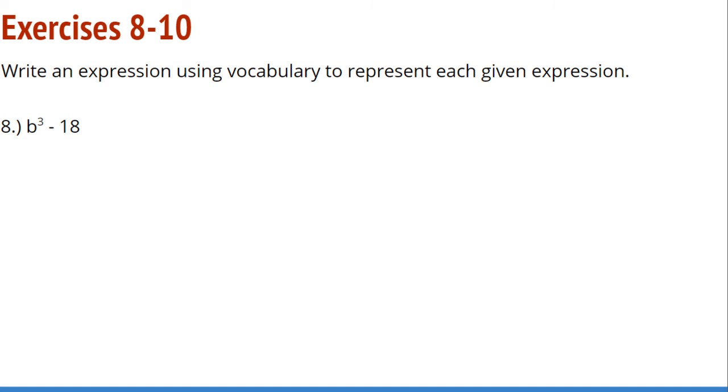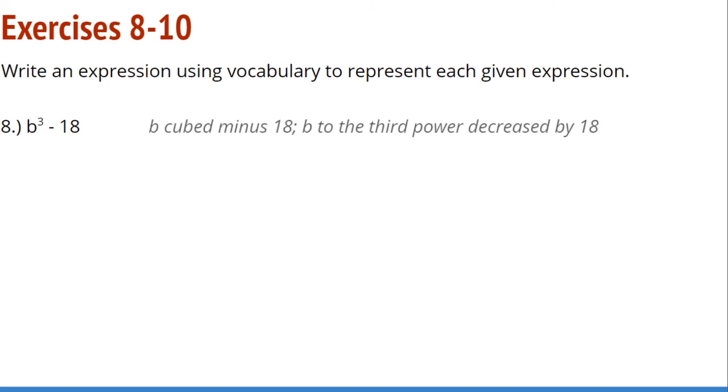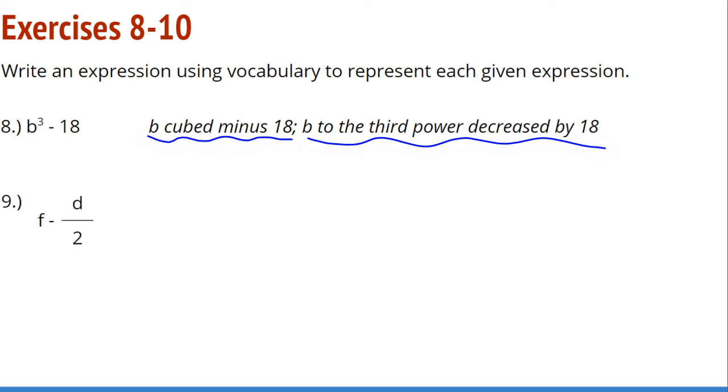All right, so here we go. We've got 8, 9, and 10 coming up. So we've got b cubed minus 18. I love how simple those are. B to the third power decreased by 18. It's a little bit longer version. So pause and think about that one. How can you handle it? We're supposed to do this part first according to the order of operations, and then we're supposed to subtract that